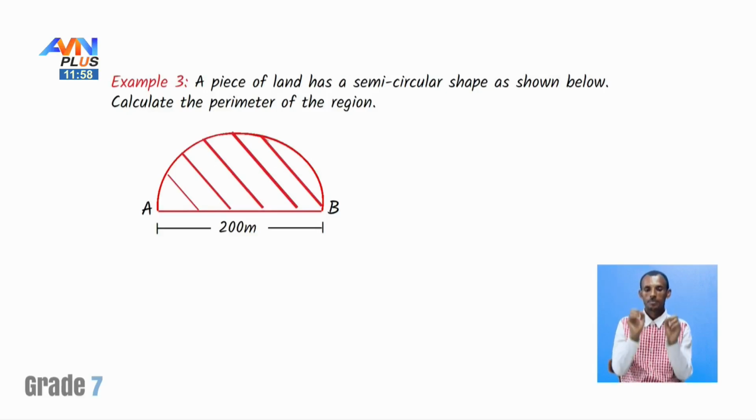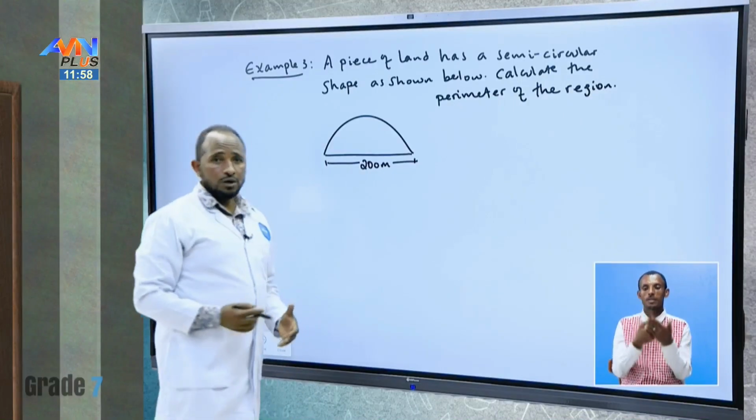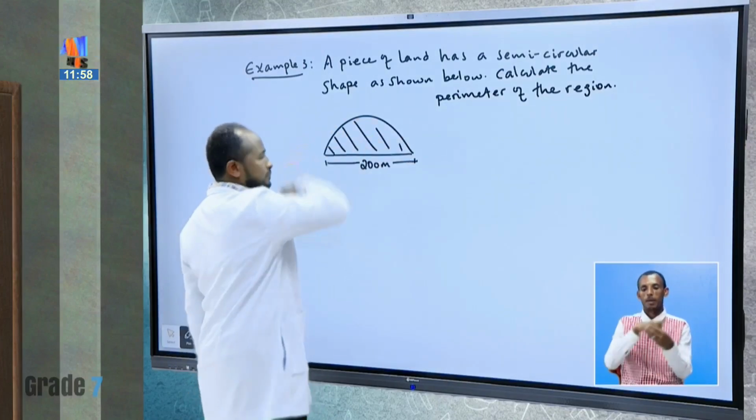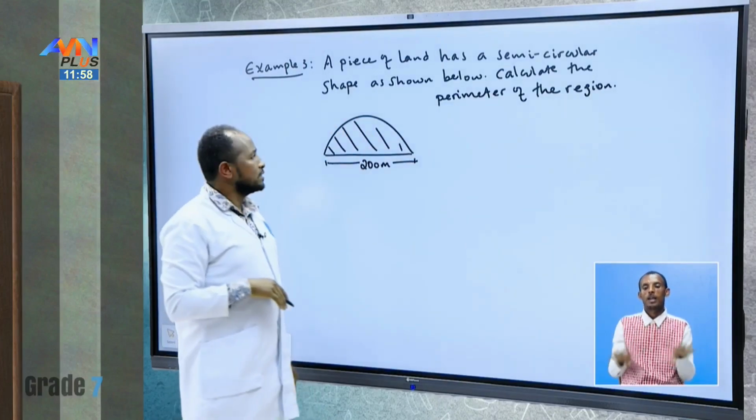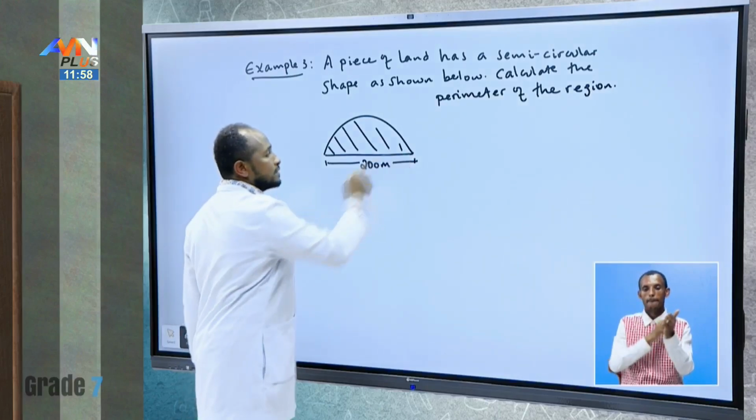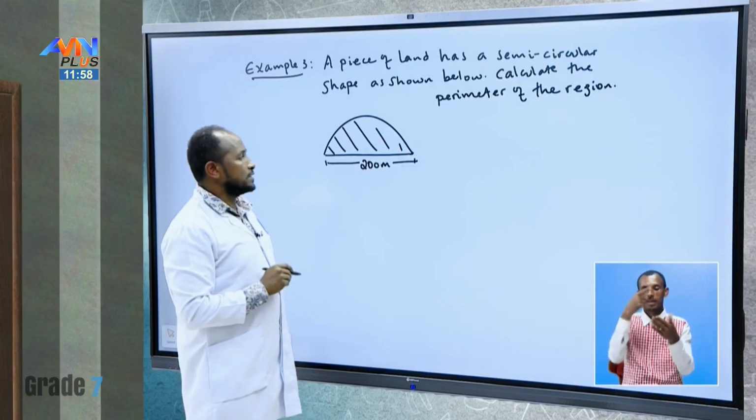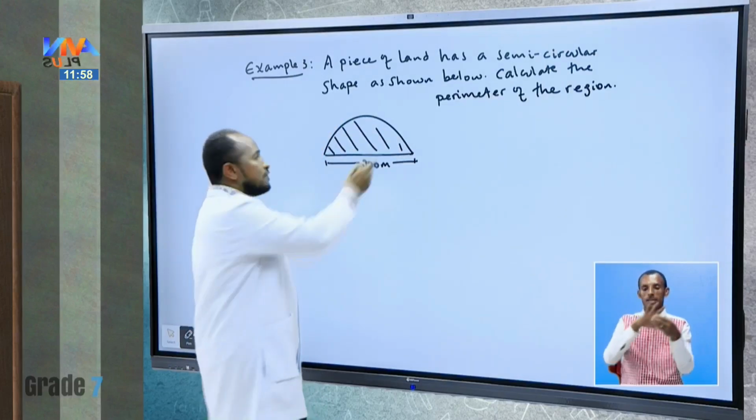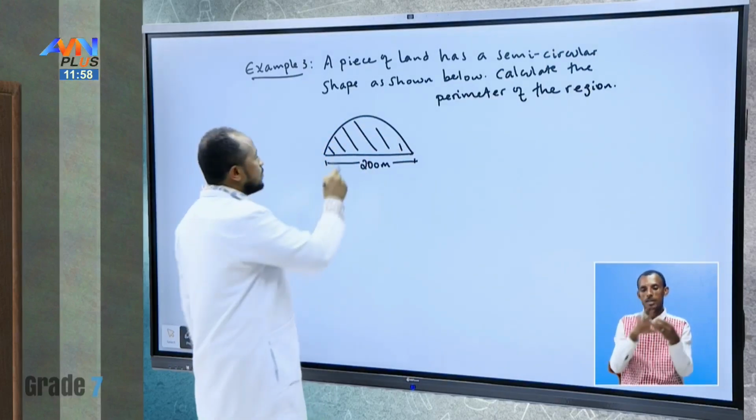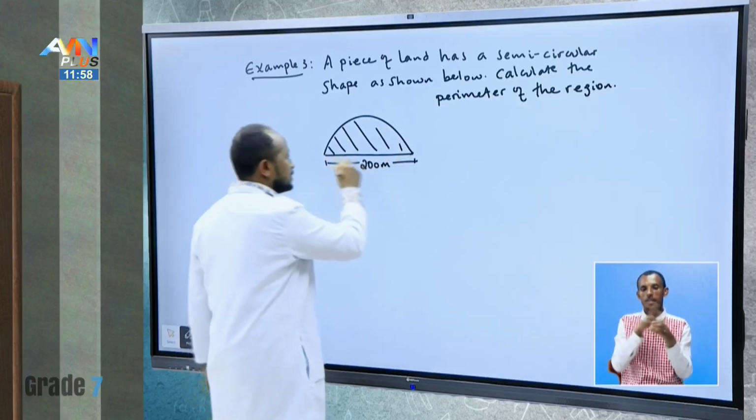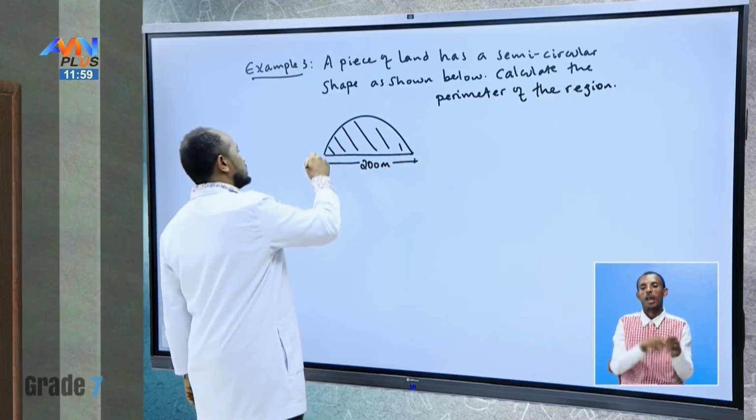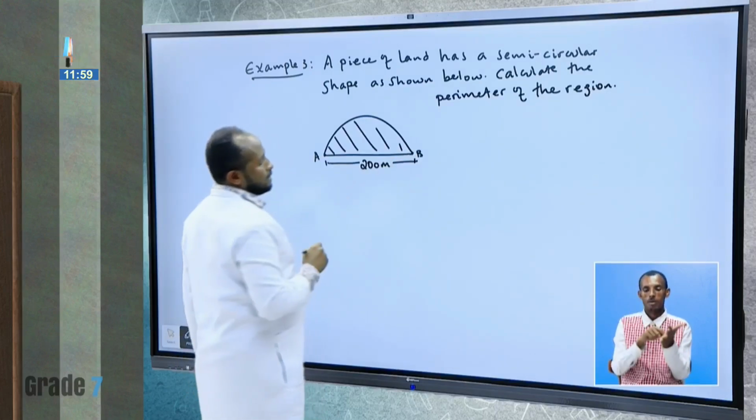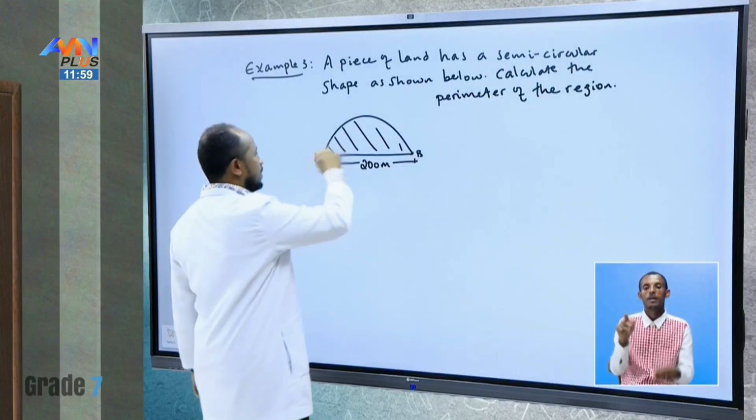Okay, let's see this question together. Here, we are asked to find the perimeter of this region. Perimeter means the total path length around the given region. Here, as you can see, you have a semicircle. It's half of a circumference. Again, you have this length, I mean. So, let's assume this point to be A and this point to be B. And the perimeter of this region